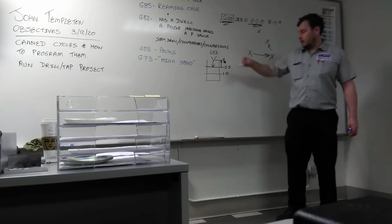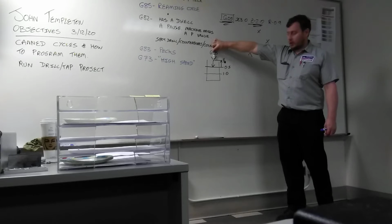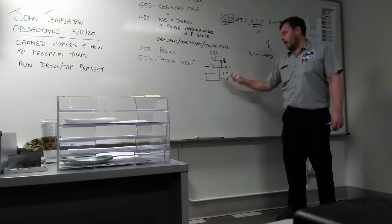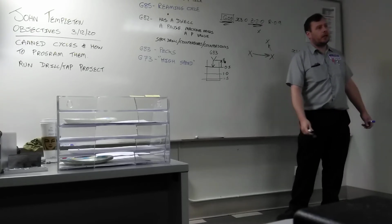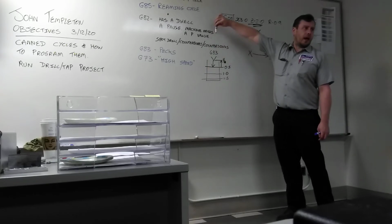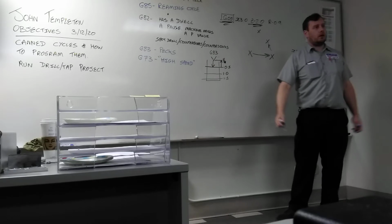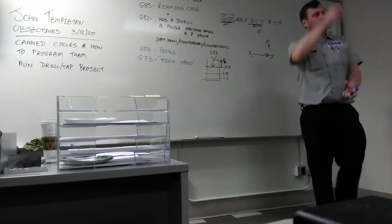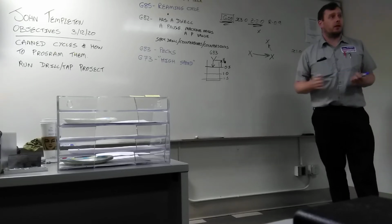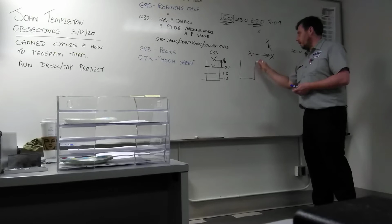Go back up to our R value. Now it's going to retract all the way back out, wrap it all the way back down, and take the next cut. Now we're at 1.5 inches. What's going to happen next? It's going to retract all the way back out to our R value, go all the way back in, and take another cut. So as you wrap it all the way back out of the part, you're just wasting time. You're not cutting anything. So the idea behind the G73